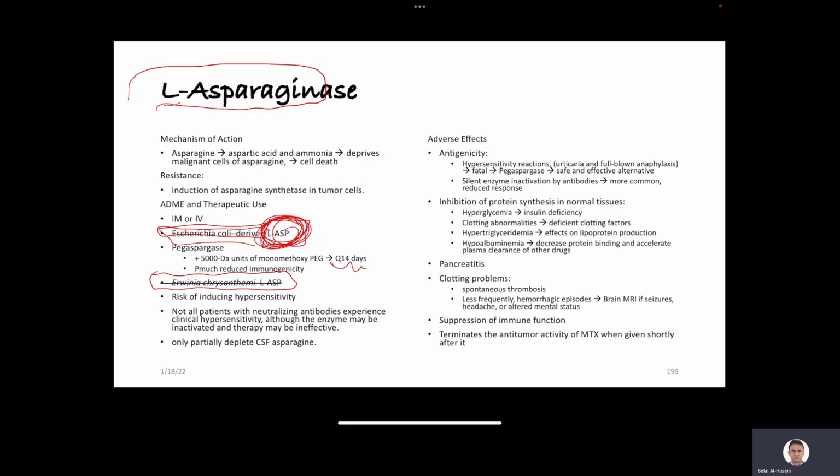Here, you could differentiate between them by measuring circulating antibodies with no allergic reactions. So this one is referred to as silent allergic reactions sometimes. So like antibodies which neutralize L-asparaginase, but without any allergic reaction, but with reduction